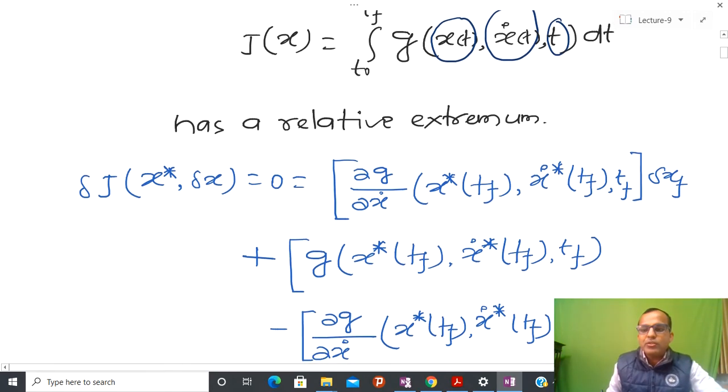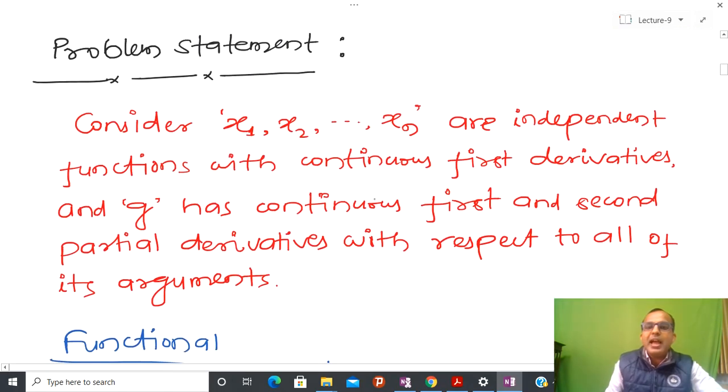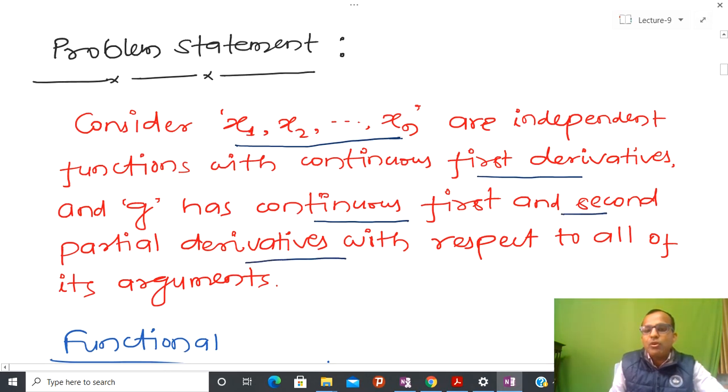Now what is the goal of today's lecture? In today's lecture we are assuming that I have n independent functions, and again I am assuming that all have continuous first derivatives, and g, which I am going to use to define a functional, has continuous first and second partial derivatives with respect to all arguments. So under this assumption,